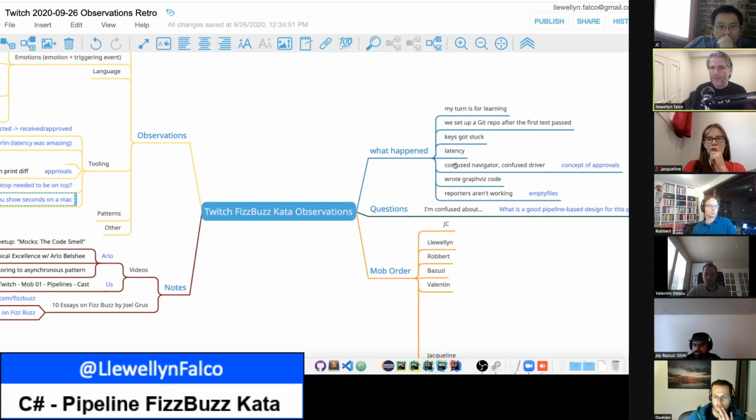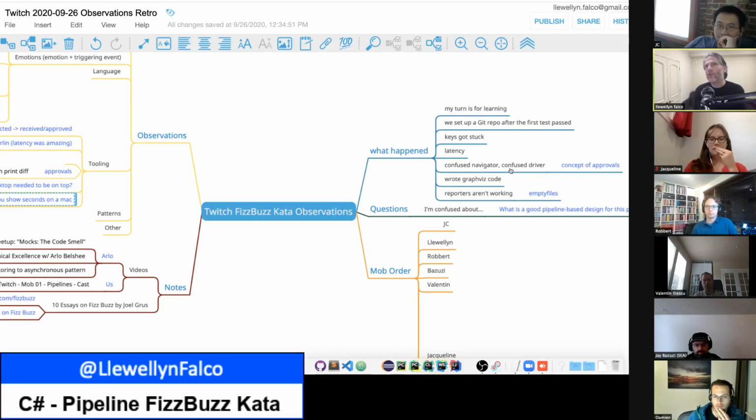The confused navigator, confused driver. So I guess there are times where both people were confused. Is that because we didn't reorder better? Any insights there?